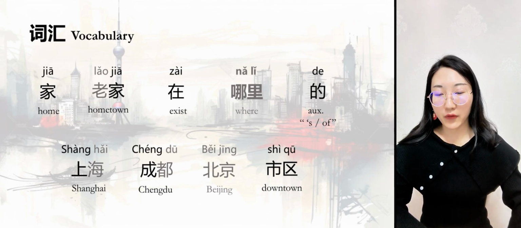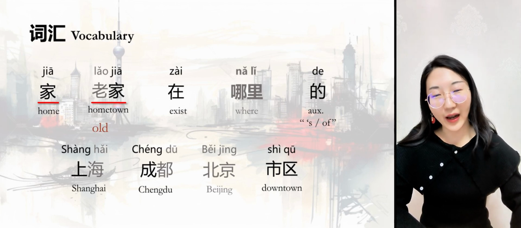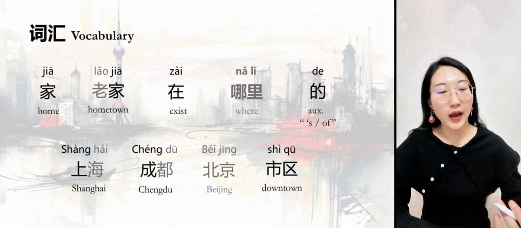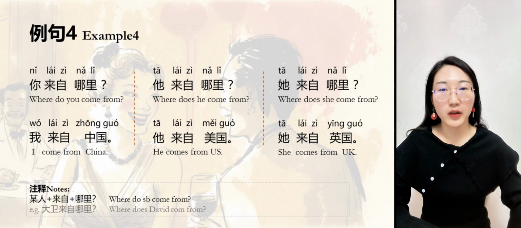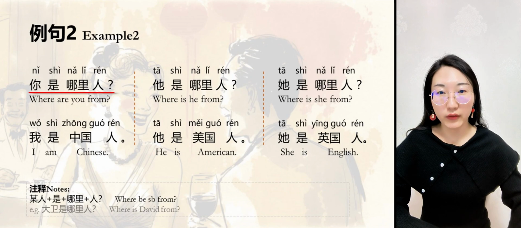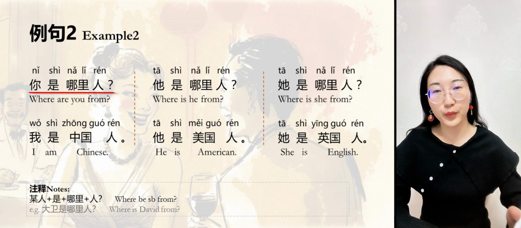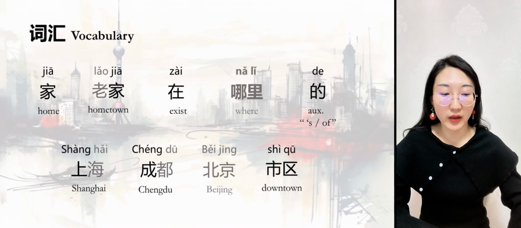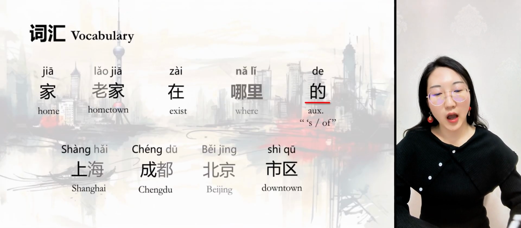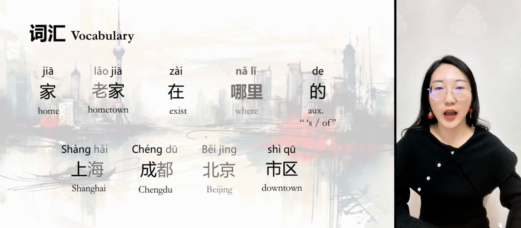So as you can see from the first two words, we add 老 before 家 to make this new word 老家. So it means your old home, and that is your hometown. And we have also learned the word 哪里 from the first class. Remember, 你来自哪里 where do you come from? 你是哪里人 where are you from? Or you be where person? Well, directly translated into English. And we have also seen the auxiliary word 的 almost on every class before, so I'm not gonna elaborate